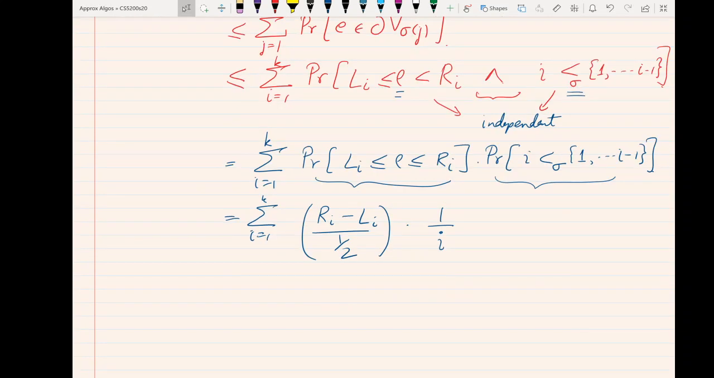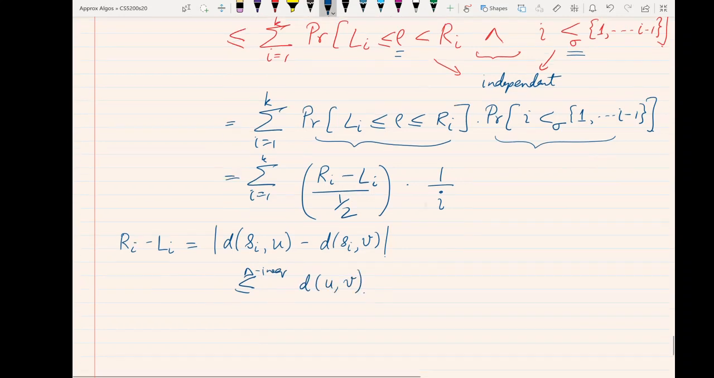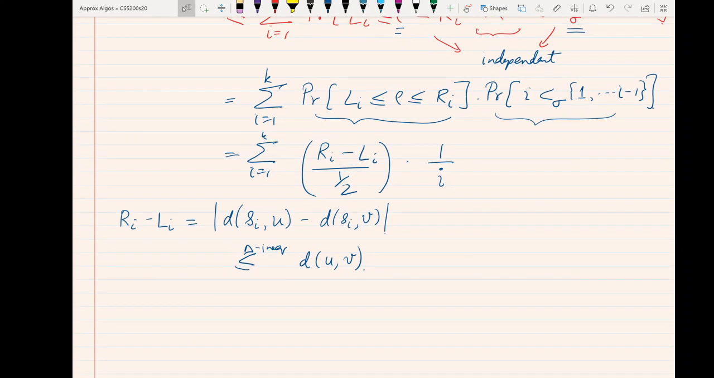Now what is Ri minus Li? Notice that Ri minus Li is by definition just the absolute value of d of Si,U minus d of Si,V. Because either of these can be Ri or Li, but once you take the absolute value, it turns out to be this. And by the triangle inequality, this is less than or equal to the distance between U and V. Okay? So substituting this back,